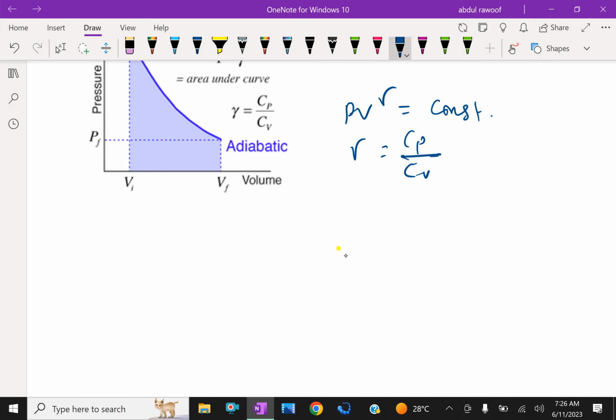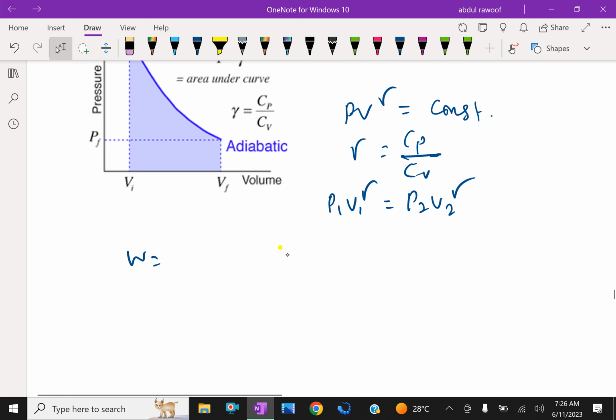Now for two conditions, P1 V1 and P2 V2, we have P1 V1 to the power gamma equals P2 V2 to the power gamma. Here we will calculate the work done between V1 and V2, that is, work done equals the integral from V1 to V2 of P dV, which is equal to